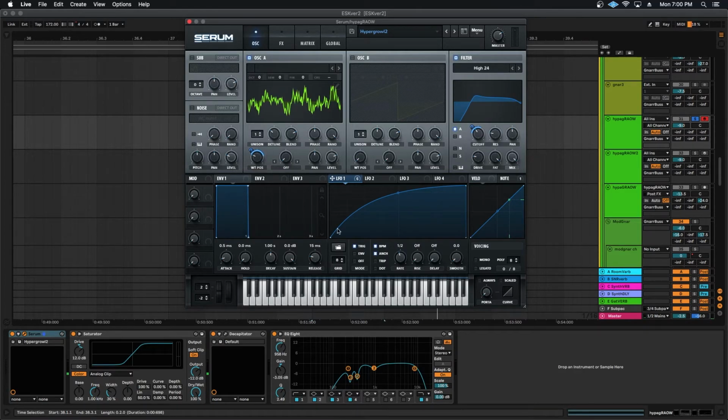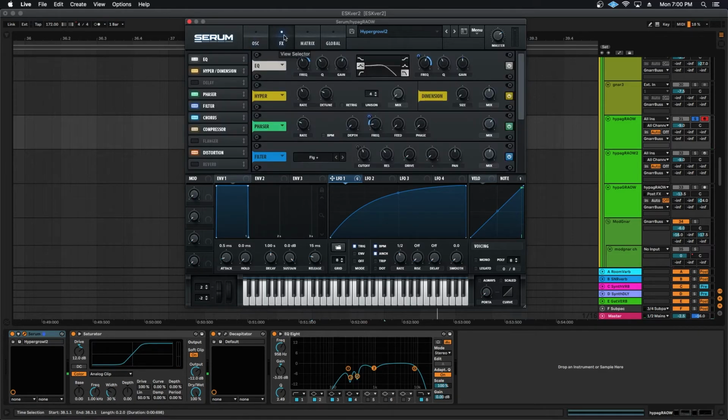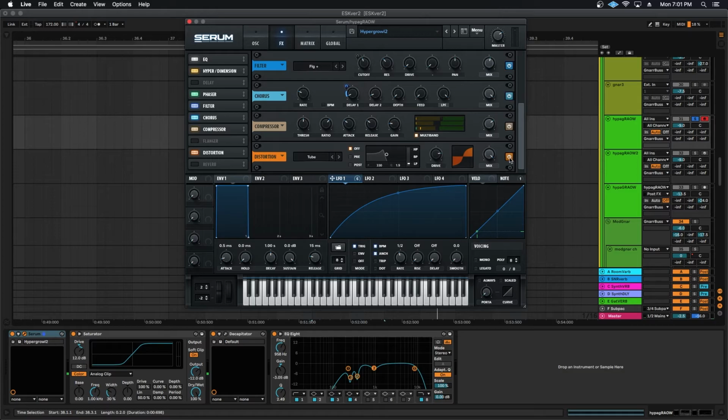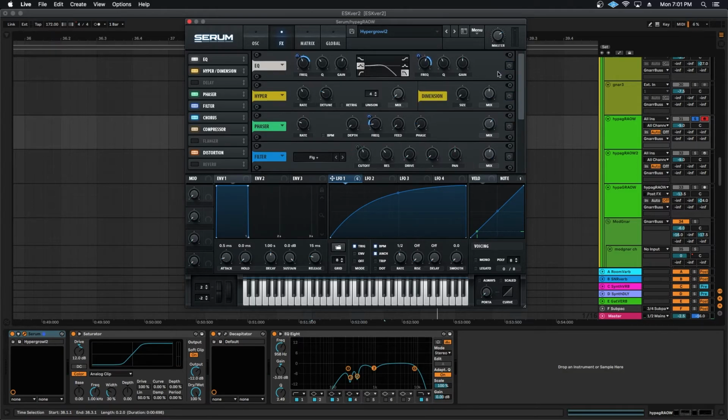What do you want? Yeah, so it's controlling the wavetable position, it's controlling the cutoff for the filter. And then if we go over to the effects section, it's controlling the frequency of the EQ, which is essentially a low pass filter. There's a bit of hyper and dimension to it to give it some width. The same LFO is controlling a little bit of the phaser. I think a bit of the filter, then there's chorus, delay. It's actually here, why don't I turn all this stuff off? So without the effects, it's just, and then